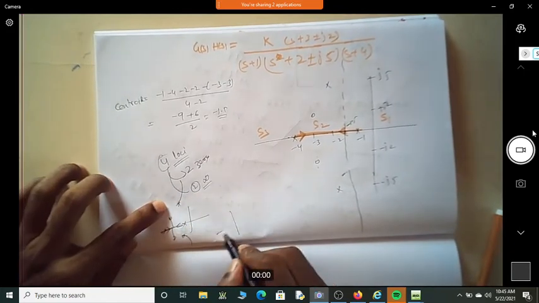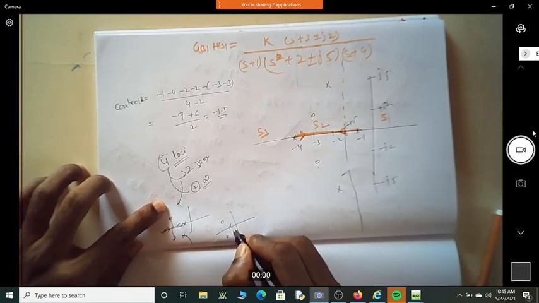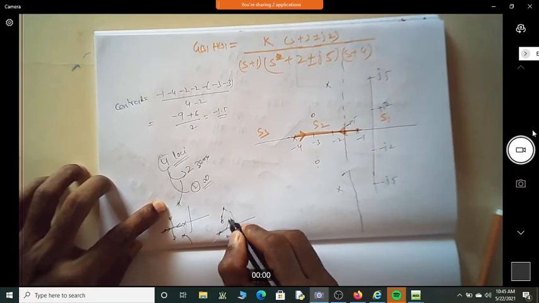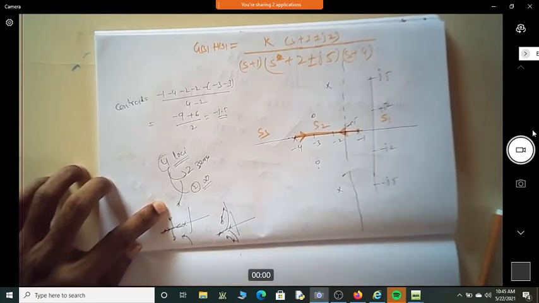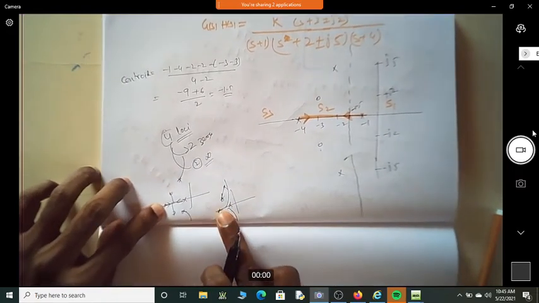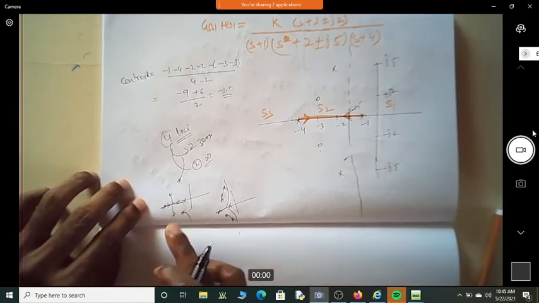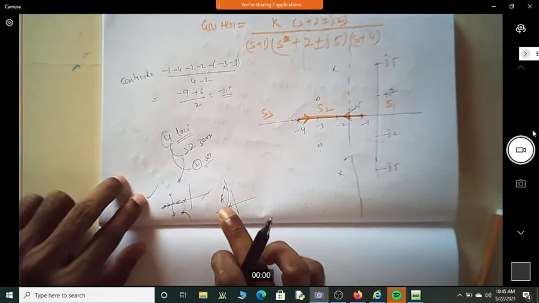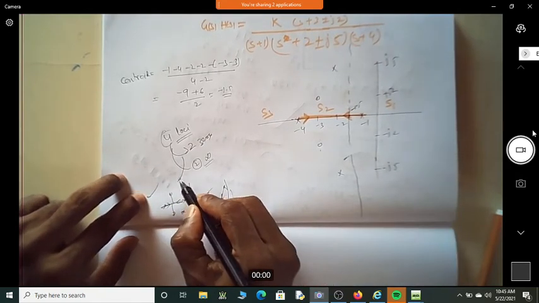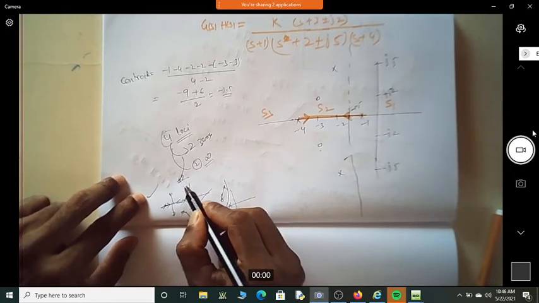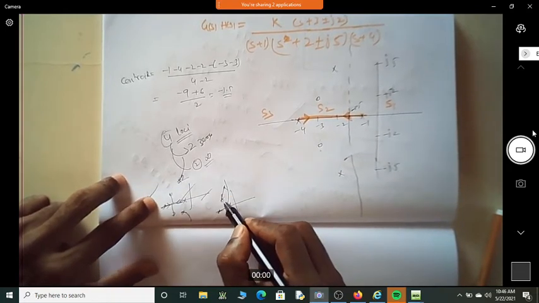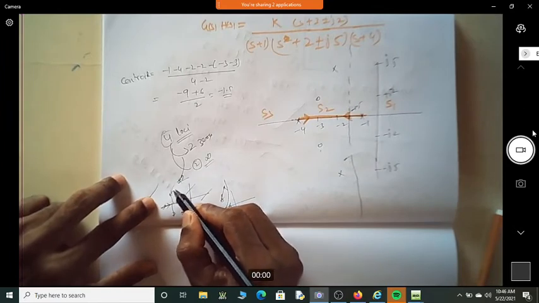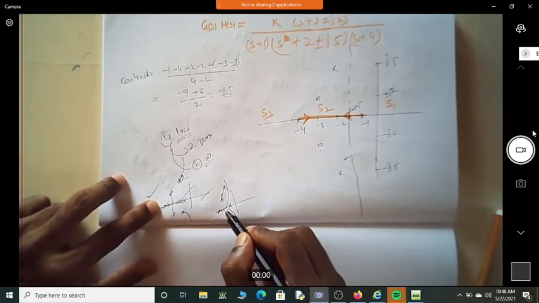What is the other possibility? You can just think of something like this. This will go here and they will go here. This is a possibility, no? Because we don't know whether this is correct or this is correct. I don't know, because both are possible. If you want to know this, I have to find the angle of departure. If the angle of departure is positive angle, then this is correct. If the angle of departure is something negative, and if the angle of arrival is something from here, then this is correct, or this is correct.